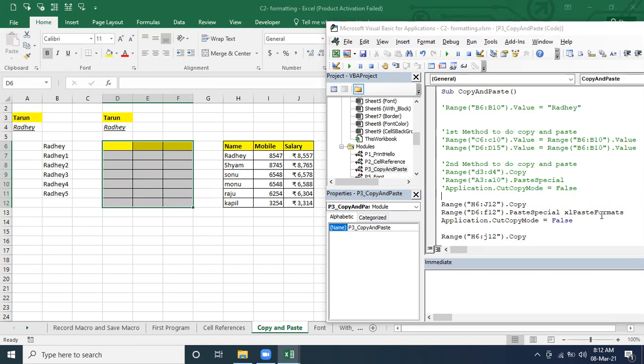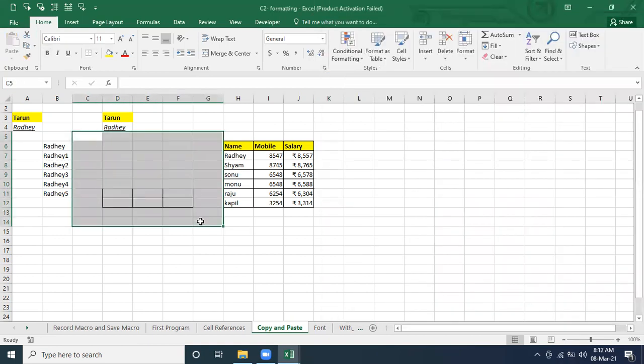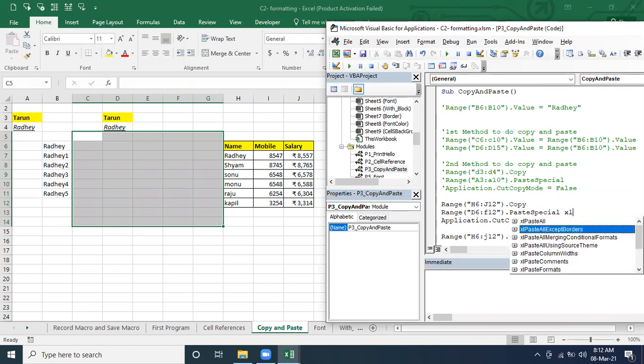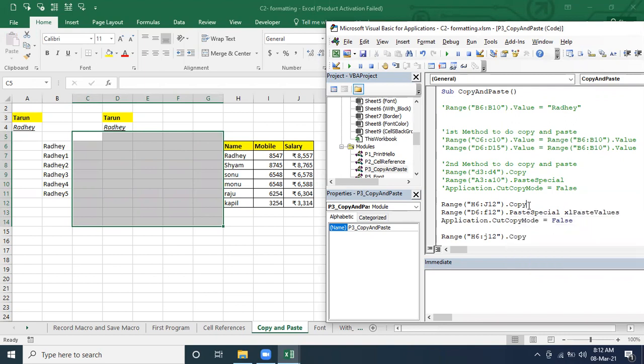So, paste special. Instead of this, if you want value only, that's very simple. For the value only, what do we have to do? We have to define it in Excel, and here we have the value option. You are able to see it: paste value only. Correct. So we are going to paste value only. What it is going to do is copy this area and then paste. In the paste special operation, what operation do we want to do? By default it will be what?